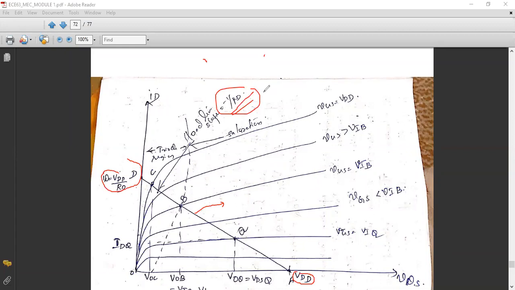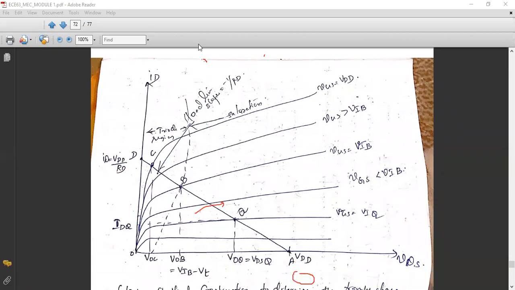Now I'll give you 2 minutes. You can draw this particular characteristic curve. This characteristic curve, or this figure, is called the drain characteristics. That is the plot between VDS and ID. Don't mistake, this is not the transfer characteristic. To derive the transfer characteristic graphically, first we have to plot the VDS versus ID graph, analyze the characteristics, and then from that explanation only, we are going to plot the VI versus V naught graph. That is nothing but your transfer characteristic.